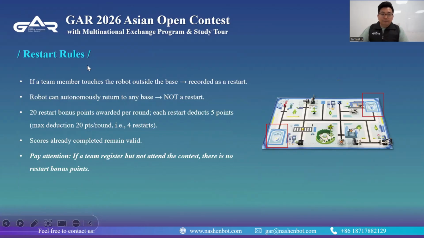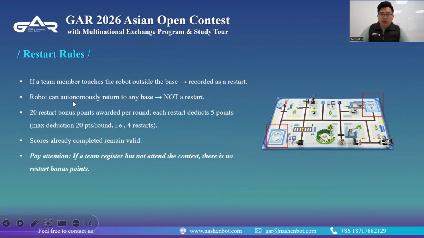The restart rules. During each round, the rule allows teams to restart their robot. What is a restart? If a team member touches the robot outside of the base, for example, your robot starts from the base but stops somewhere and cannot return to the base, you can manually bring the robot back to the base, and this is recorded as a restart.